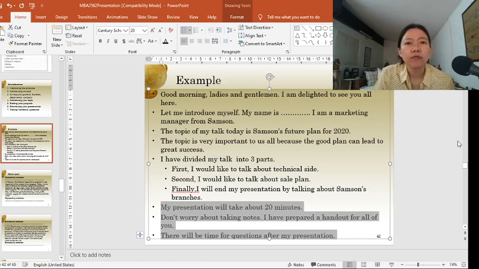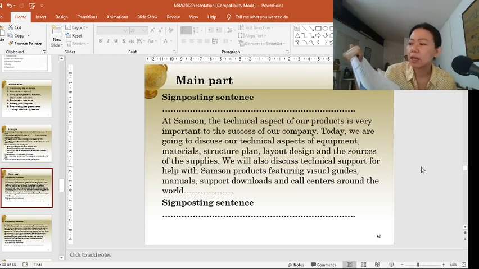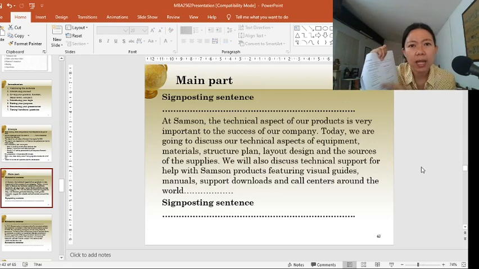After you finish writing the introduction speech, you know that next you're going to move on to the main part. So you need signposting sentences to link the introduction part with the main part. Your first topic is the technical side. I'll leave it blank here. You can pick any of these sentences from the handout. I will go with